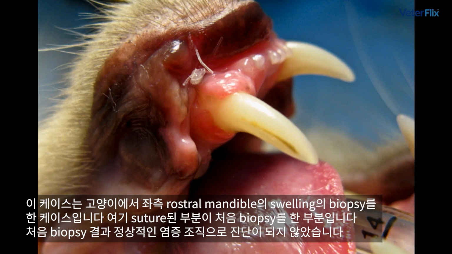This is an instance where a biopsy was taken, where a swelling was present on the left rostral mandible on this cat, and the suture you see here is from the initial biopsy, and the biopsy came back as normal inflammatory tissue and was not diagnostic. So